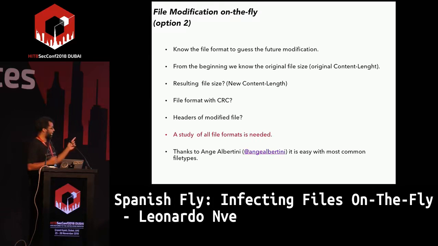I used the research of Ange Albertini. He's a security researcher who describes many file formats, so I use his research for that.